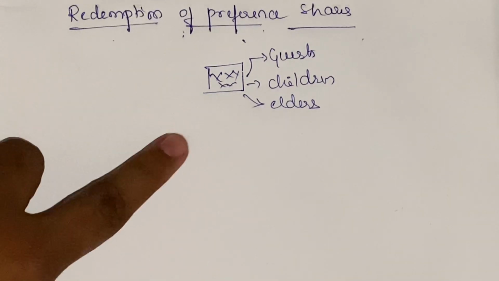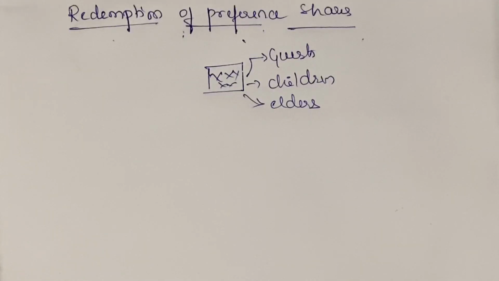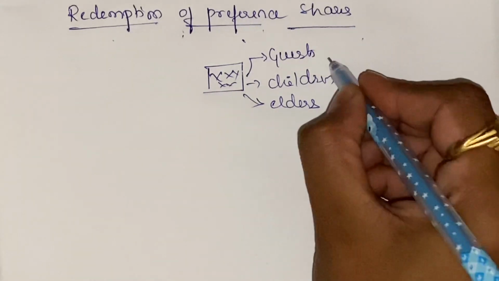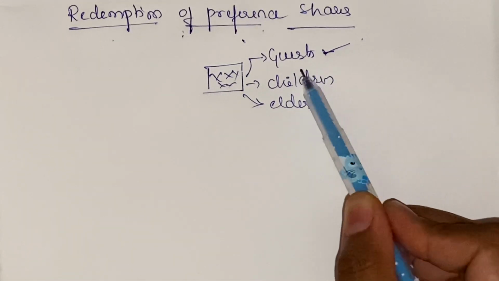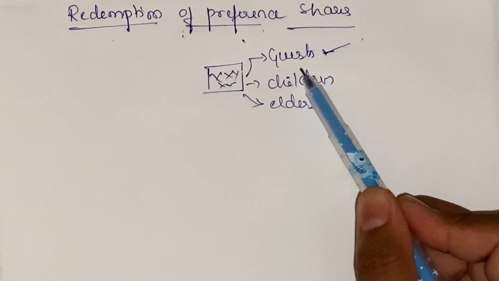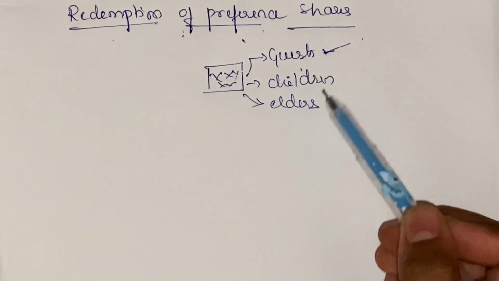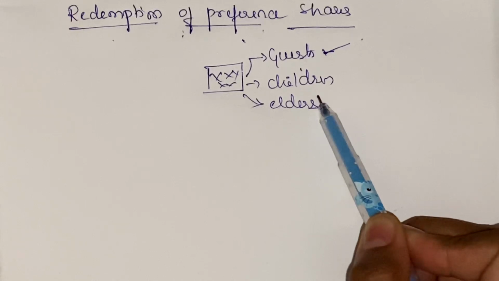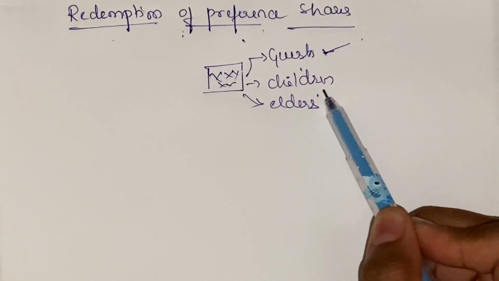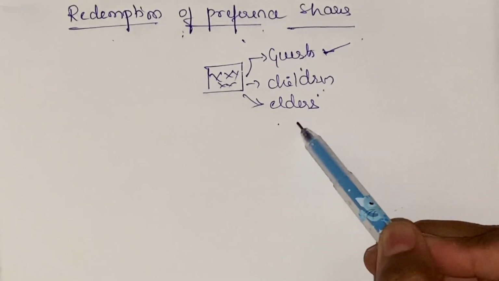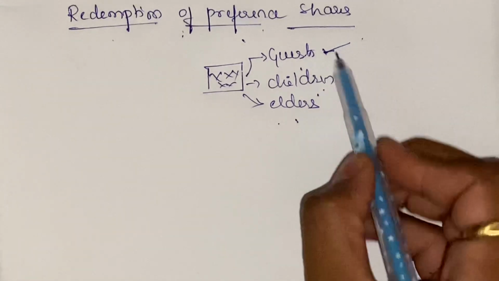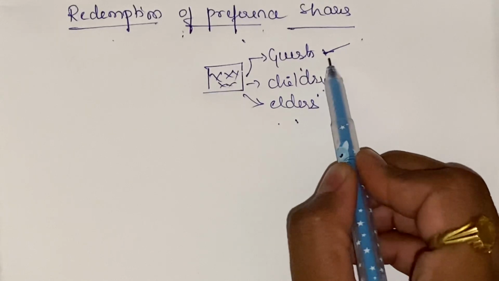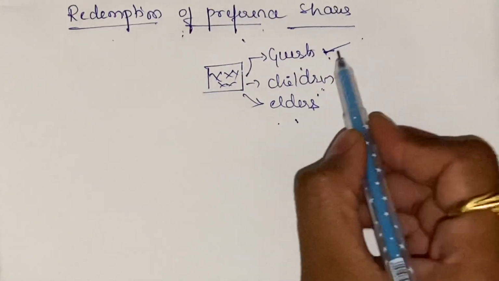So when I have a sweet box with me, I always give more preference to the guests first. After giving sweets to guests will eat the sweets. If anything is remaining, then I will give it to the children. Even after children eating, if something is remaining, then I will give it to the elders of the family. So, whether I eat it, whether I don't eat it as a family member, I will have to give it